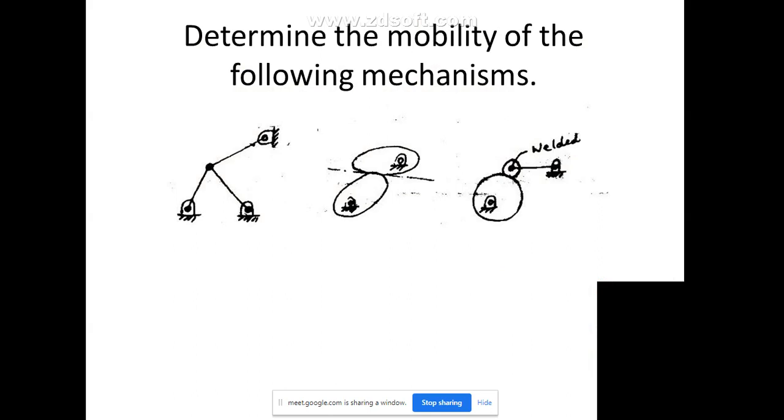Okay. So next we will come to the mobility of mechanisms, a little bit of special problems. We just take down these problems. I will not discuss this today. I will solve this in the next class. Just make a note and try to solve this. Think of your ideas and tell me the answers in the next class. So just take these 3 problems. I'll discuss them in the next class.